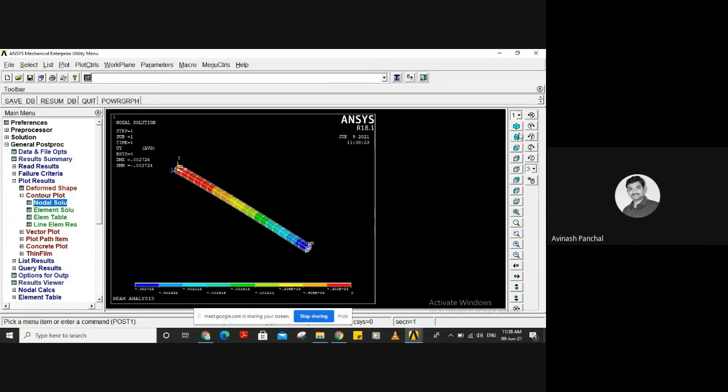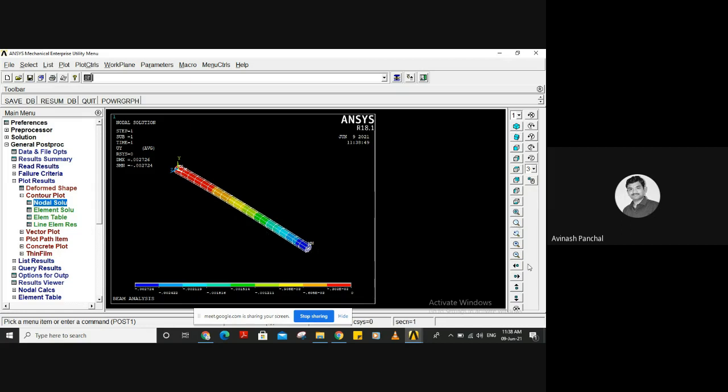You can see it in the isometric view, in perspective view also, in front view, then right side view, top view, back view, then left side view, bottom view. I will show this in front view, or we can show it in isometric view.